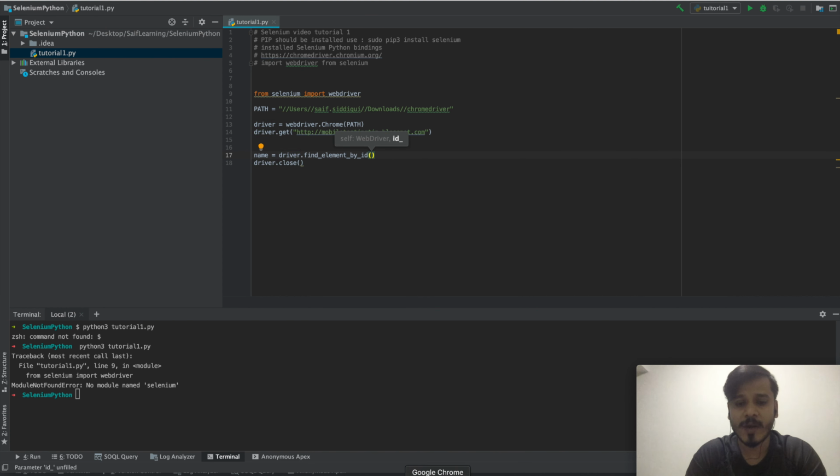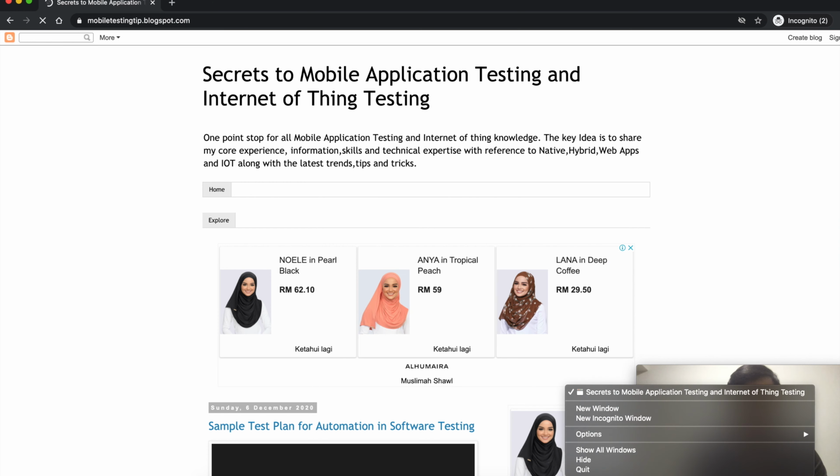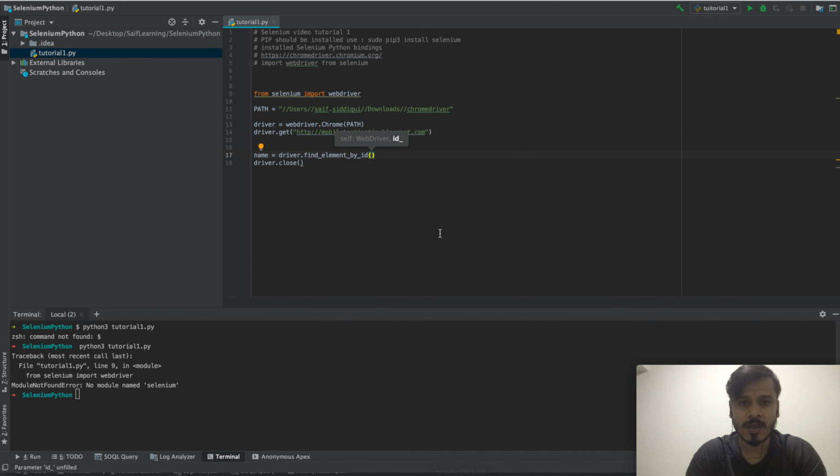Now if I go back, you can see that the ID identifier is contact form 1, contact form name, and I will use it and add this.